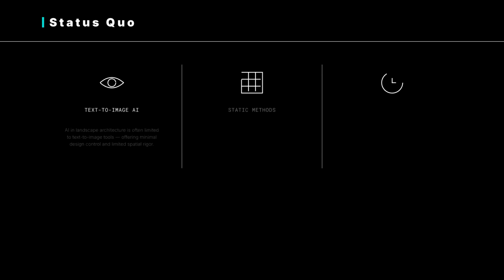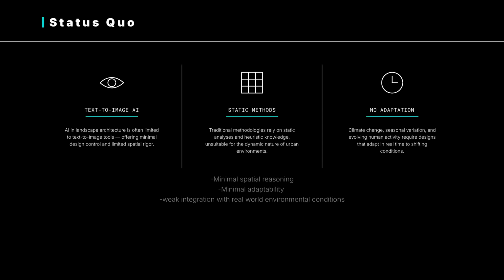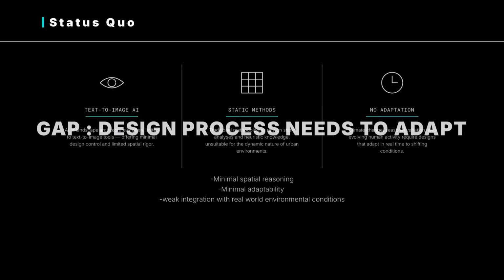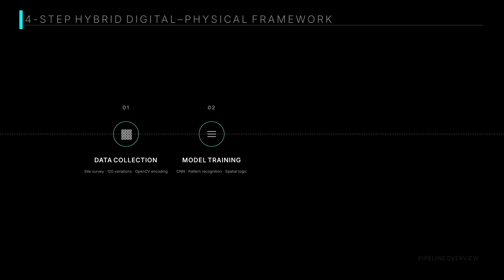Current AI applications in landscape architecture are often limited to visualization and image generation. These approaches provide limited spatial reasoning, minimal adaptability, and weak integration with real-world environmental conditions. To address this gap, the project proposes a four-step hybrid digital-physical framework consisting of data collection, model training, spatial prediction,